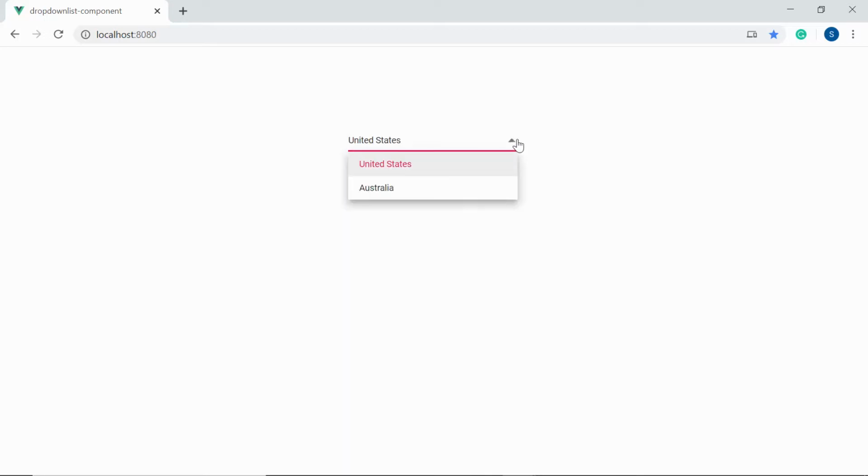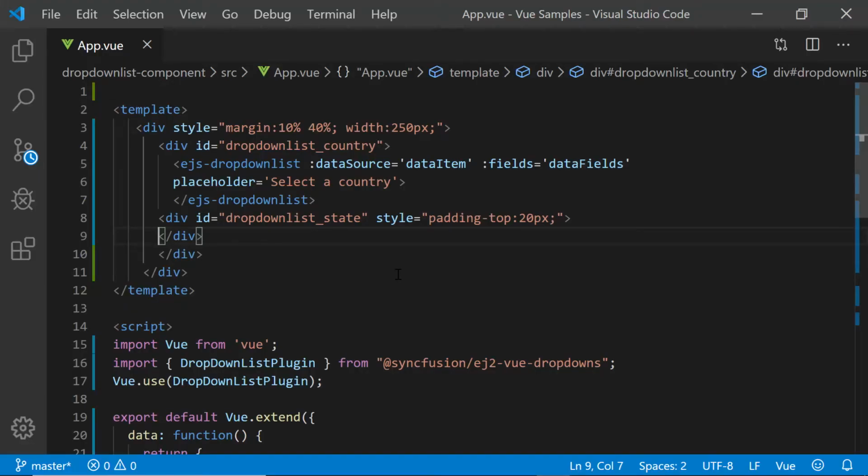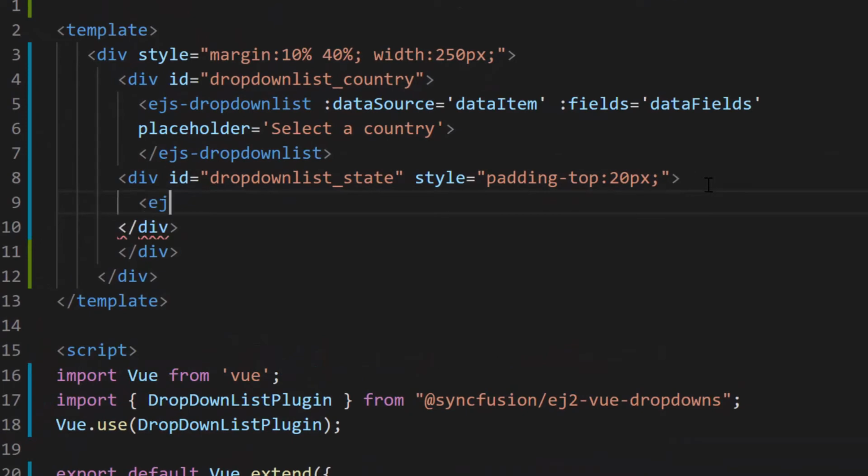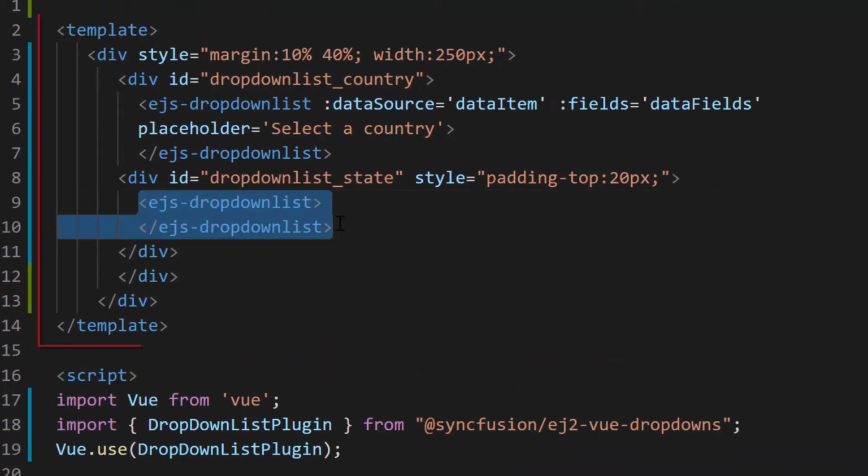Now let me show you the steps to configure the cascading drop-down list. To create a cascading drop-down list, first I need to render a series of drop-down list components. So I will define one more drop-down list inside the template section. Here, I am going to assign state names as data source for this newly defined drop-down list.